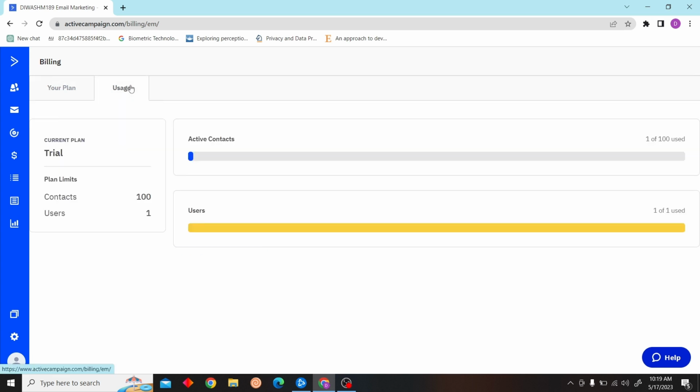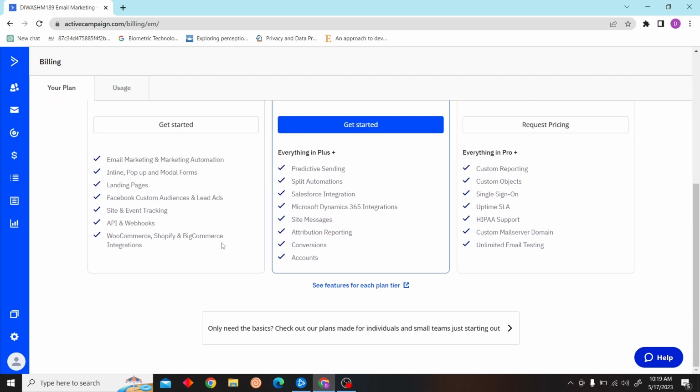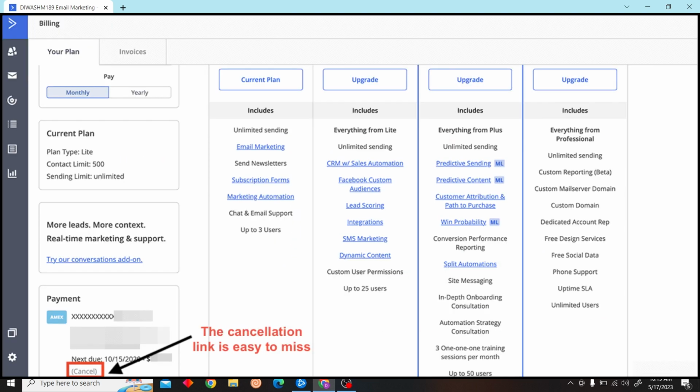Now over here, if you have a plan, you'll get an option to delete your plan, just like on this image. Since I don't have any plans, I'm on a free plan right now, I don't have that option. So from here you can delete